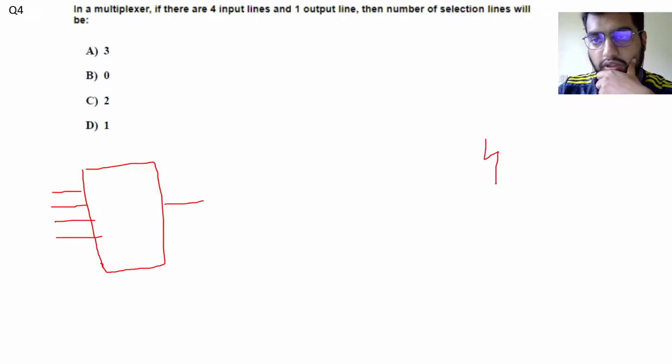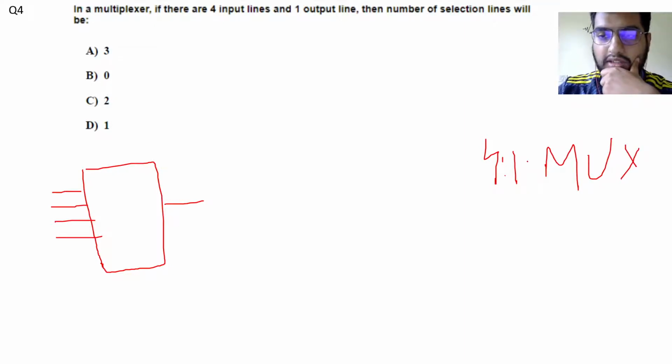So it is a 4 is to 1 mux. Then the number of selection lines is, so the question simply asks us to find out the number of selection lines for a 4 is to 1 mux. So we simply know that